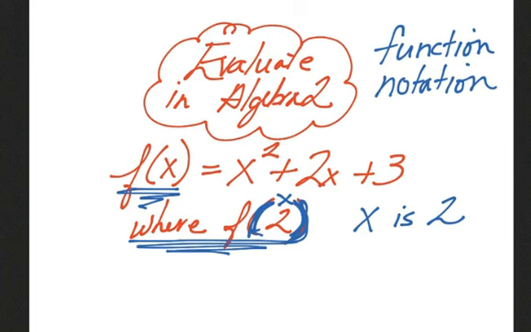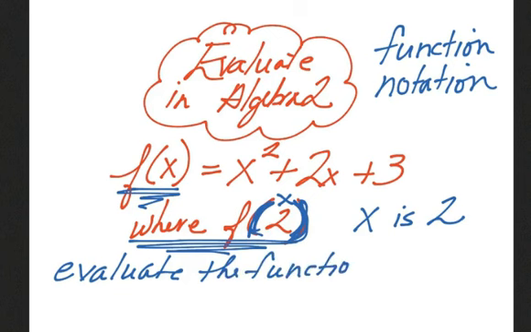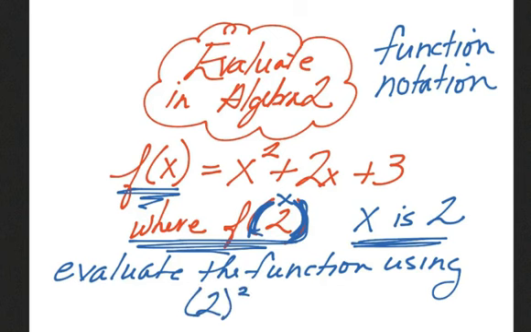So what it's telling us is evaluate the function using x as 2. So if we do that, what we now have is 2 squared plus 2 times 2 plus 3,